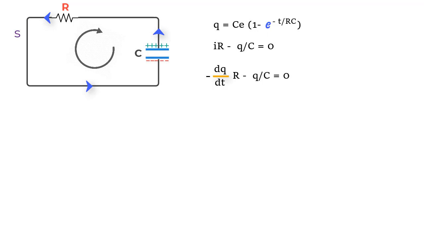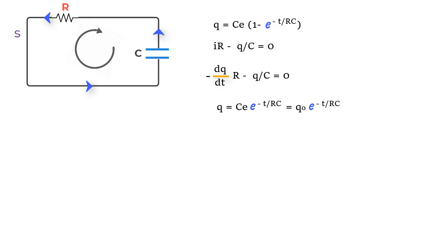So the solution to this differential equation would be this. And again, I'm refraining from showing the derivation here that can be found in any textbook. So Q naught here is the charge when the capacitor is fully charged, or Q naught is equal to C times the EMF value of the battery.